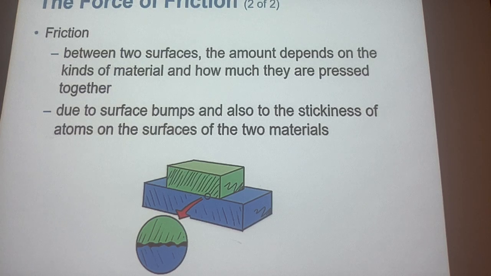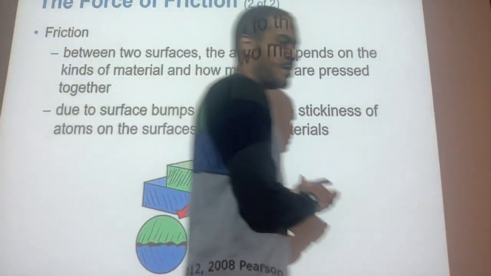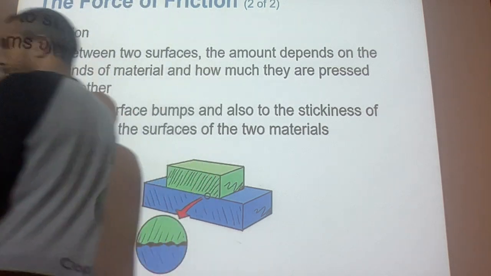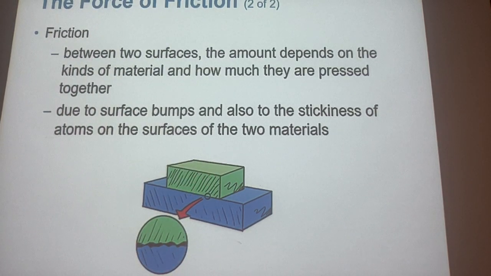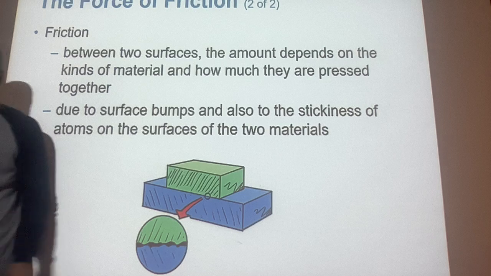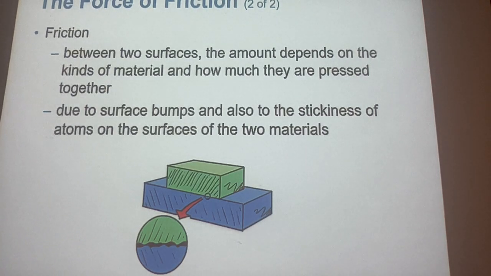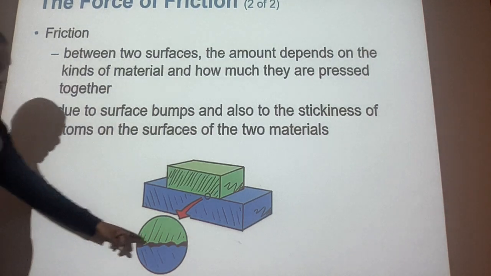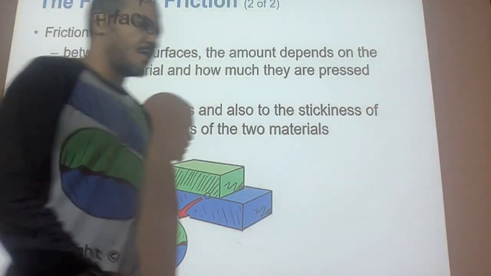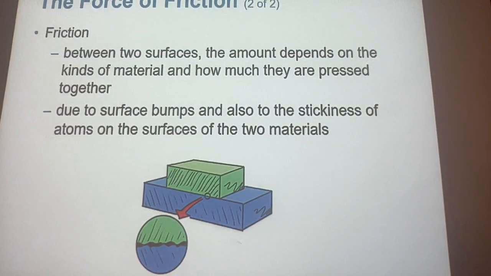But now let's talk about friction. We all know what friction is, right? When we rub two things together, especially two metals or something like that, we rub two surfaces together, those surfaces generate heat, right? Because on a microscopic scale, those surfaces are rough. They are not smooth. They just look smooth to you. And so when we rub two materials together, we generate heat.